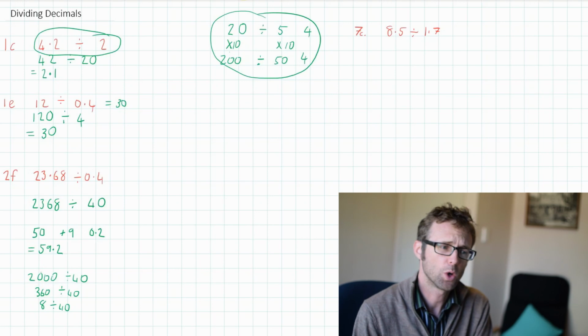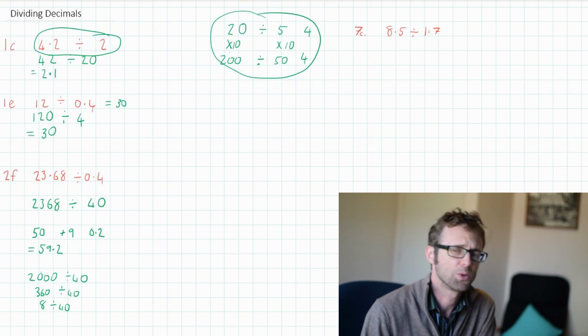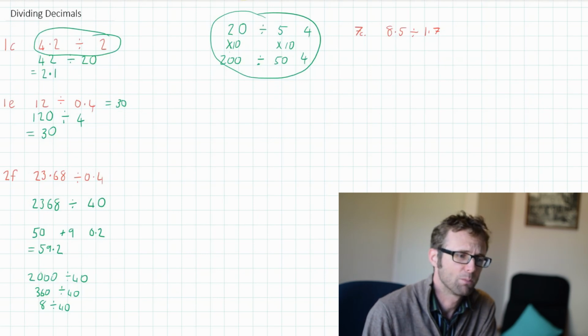The last thing I'm going to talk about is there's a chap in question 7, Fatima, and he's using another method to solve some division problems. And what he is doing is he is changing them to fractions. So we've got 8 and 5/10 here divided by 1 and 7/10. So we can change this to an improper fraction. So this is going to be 85 over 10 and divided by